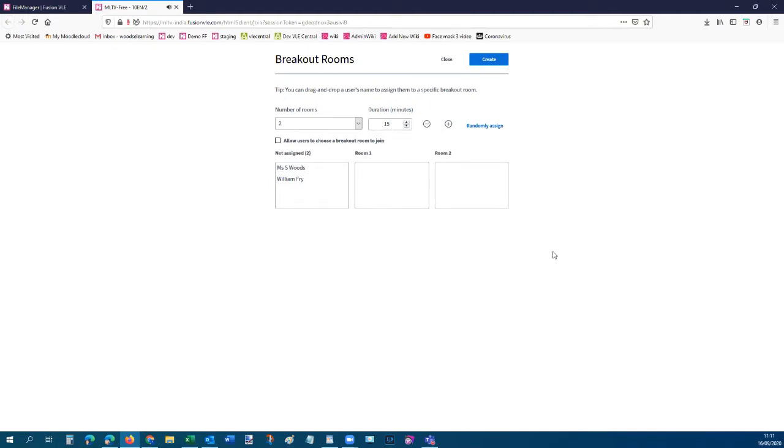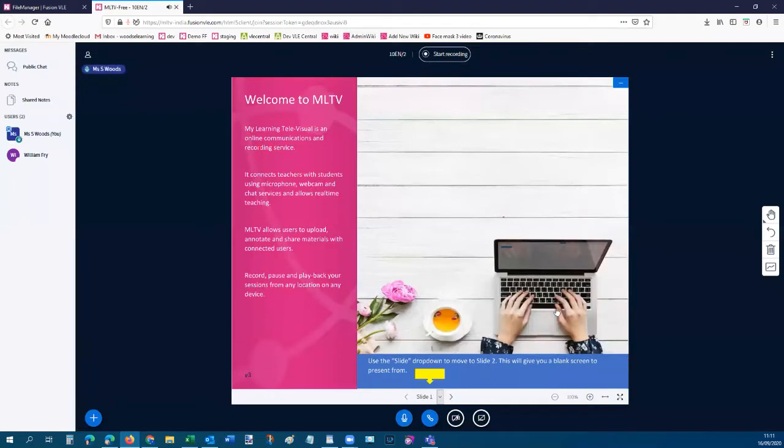And when you add someone to a breakout room and say create, your users are sent away to the breakout room, and the breakout room looks just like this. They have another whole environment with another place to share information at the edge. And at the end of the breakout session, they're returned to the main session. So it's an extra thing that you can do, is send students off in small groups to talk to each other and to come to conclusions, to draw, to write lists, to do whatever they want to do,